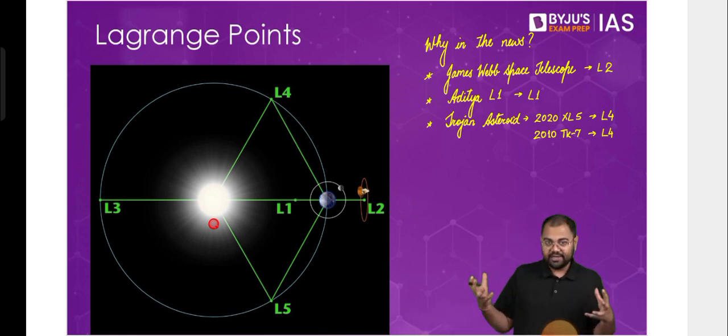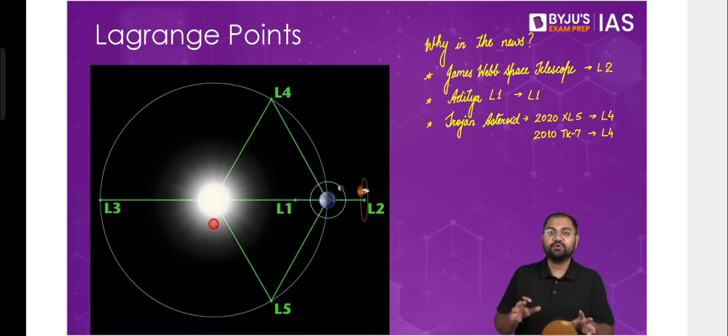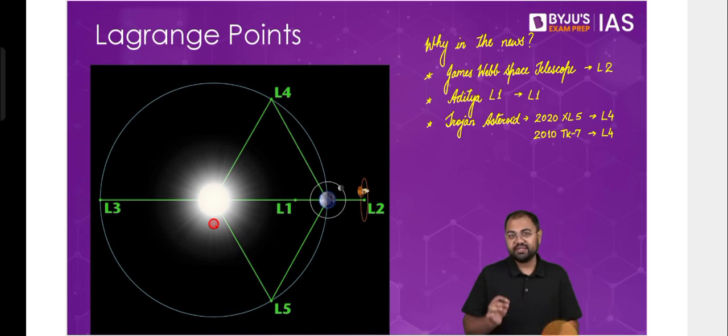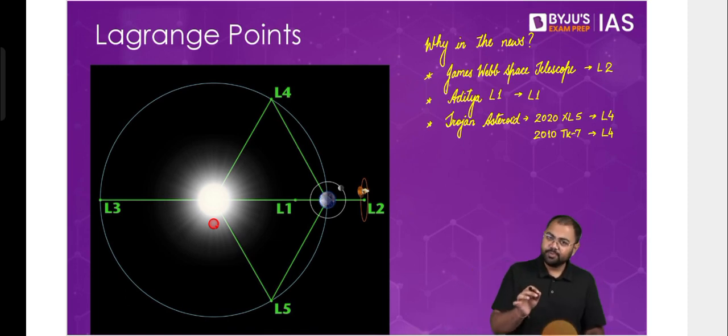So, for example, when there are 2 bigger bodies involved, then it will be a bigger region of stability. So that's why understanding and highlighting those points will be easier. But when you have a very small mass like a satellite, then these points will be kind of insignificant. But just remember that wherever you have a two-body system where one body revolves around another body, these 5 special points called Lagrange points will be produced every time.